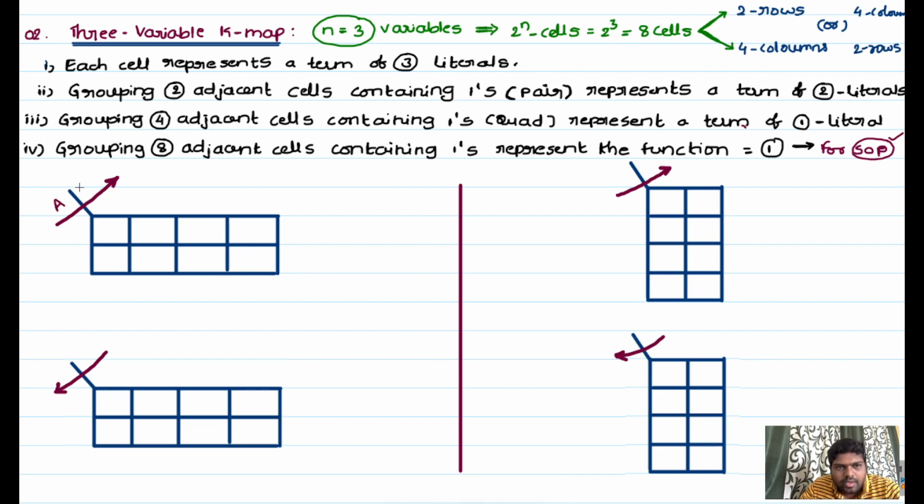Now I will take A, B, C. These are the 3 variables, so we will get a total of 8 cells. In those 8 cells, I will consider 4 columns and 2 rows. These are the 4 columns and these are the 2 rows. Here you observe this one variable A, so I will assign binary bits in two ways, 0 and 1. If I take two variables, we could expect 4 combinations. So in 4 ways we can assign the binary bits to these two variables, right?